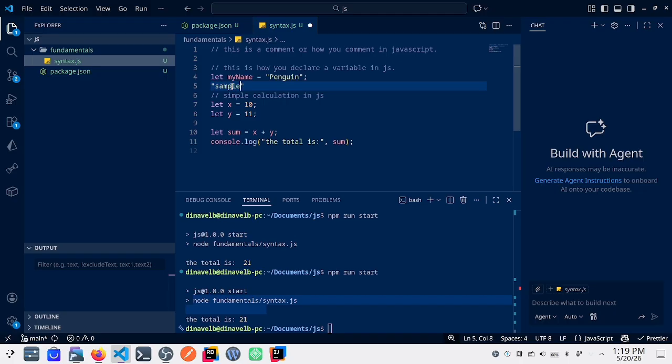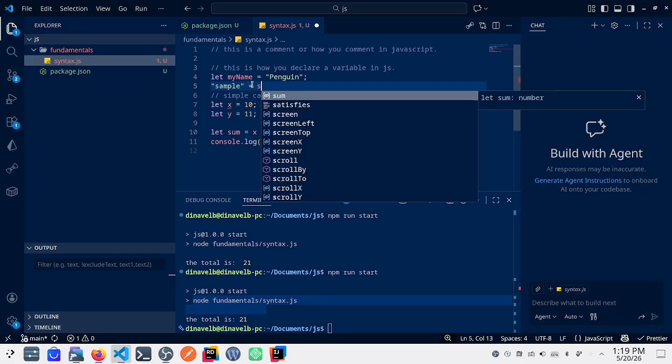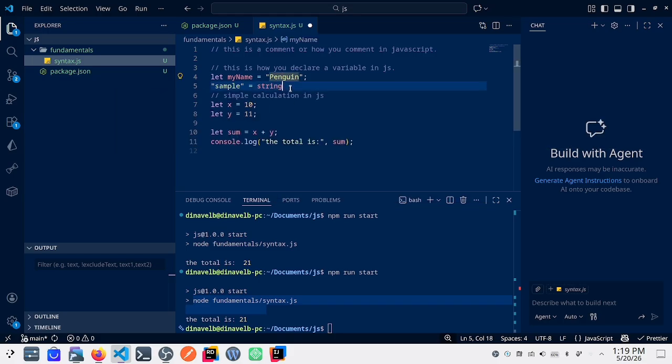So sample is a string. This is a string. Okay, so these are the basics of JavaScript fundamentals.